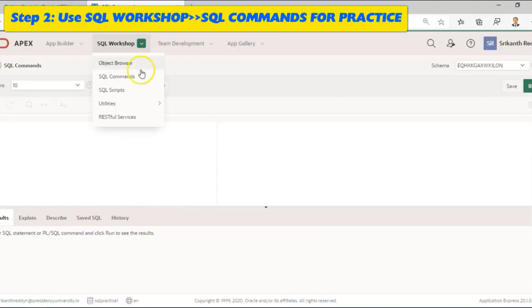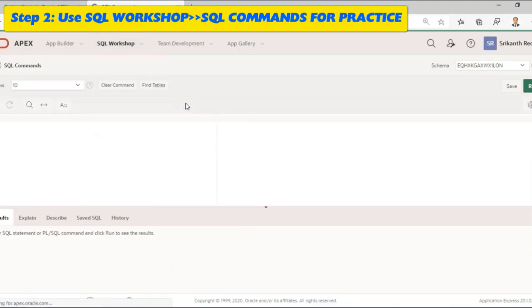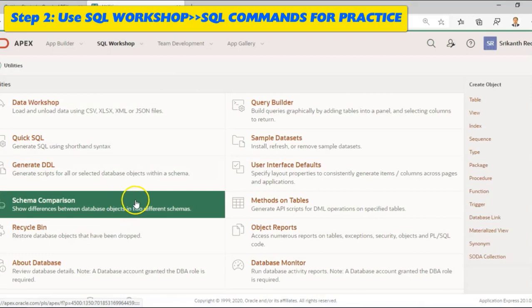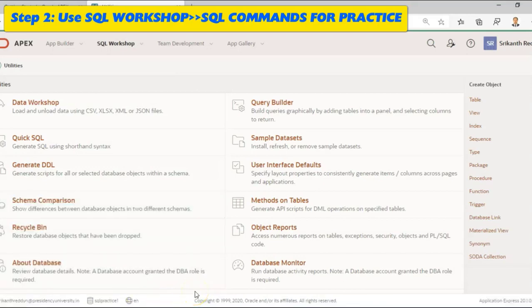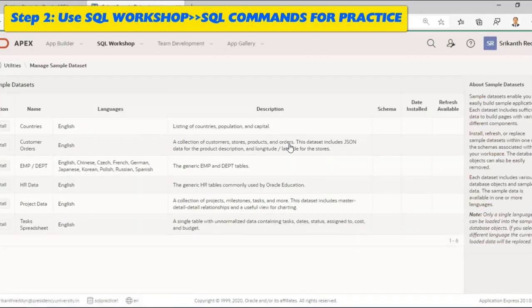Now apart from this, there is Utilities. Let us click on Utilities. In Utilities, what is important for us is some sample datasets to work on. Click on Sample Datasets and there is Install here.